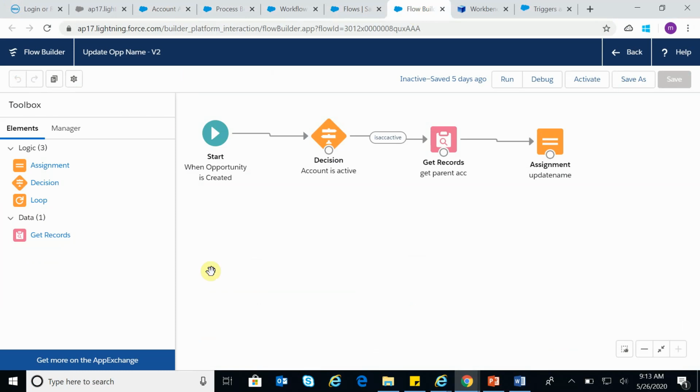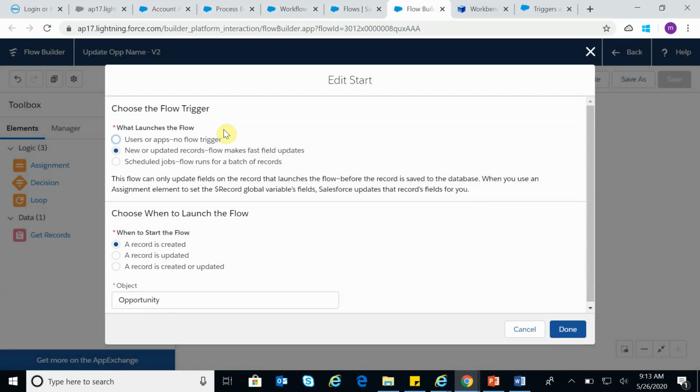This is my flow, which has a start. Once you double click on the start, you can see an option called new or updated records. Flow makes fast field update. If you mark this flow with this option, it will get automatically executed before the record is saved to